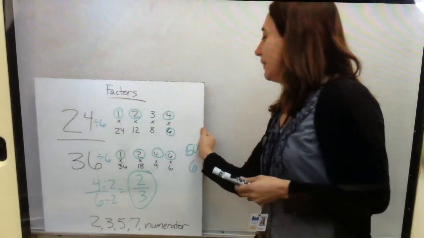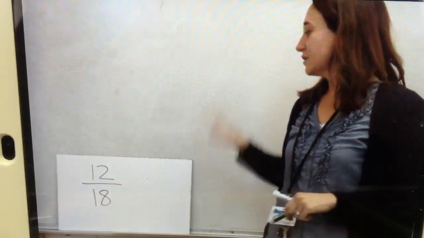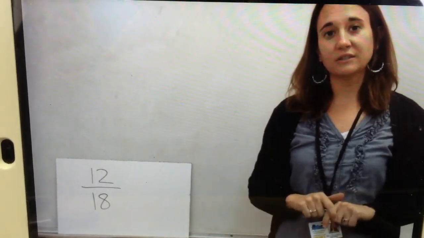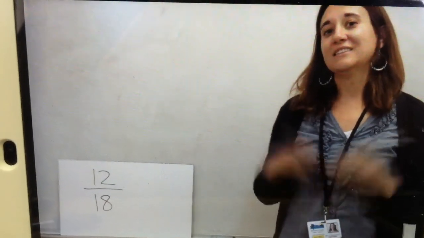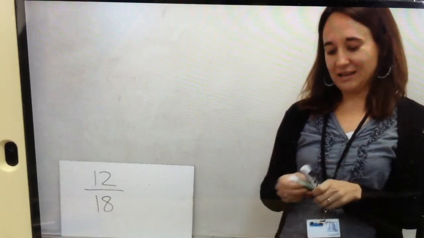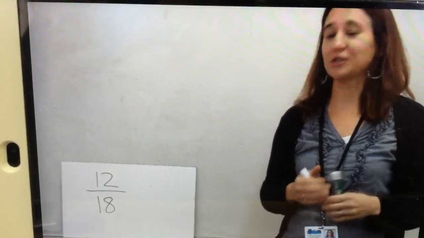Okay, so last one. This one I want you to try by yourself. 12/18. So go ahead, start listing the factors, find that greatest common factor, and then divide it by that greatest common factor. Do your checks at the end with 2, 3, 5, 7 in the numerator, and make sure you truly have